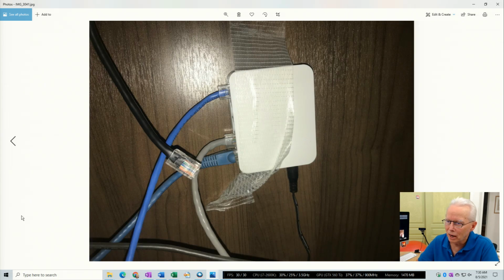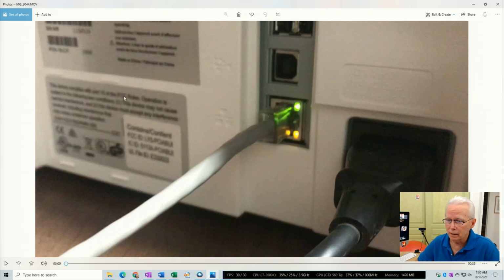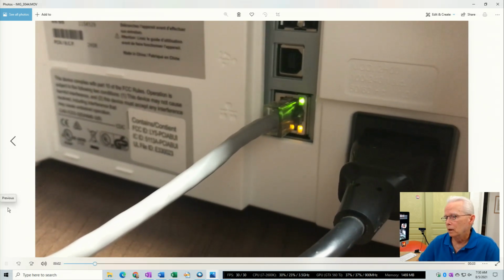So here I remove the original source line to the switch, and I got the long blue cable again. I'm going to connect it to the switch. And this is going to test, does this line have some problem between it and the switch? So here I'm plugged into that switch, and then come back here to the device, and we're going to see